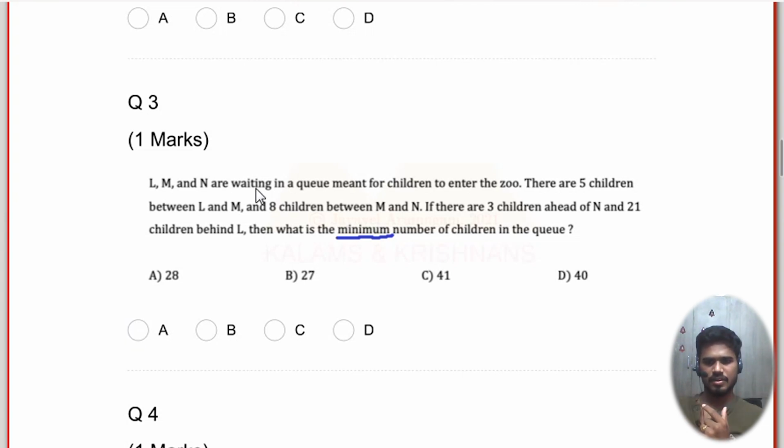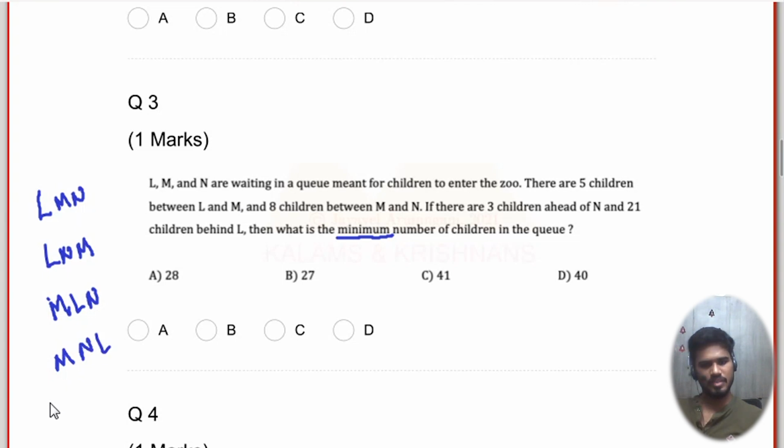See, notice they are waiting in a queue. Order is not given. It could mean L, M, N, or L, N, M. Then you know all the combinations, right? Even the reverse order of this. Then we have M, L, N. Then you have M, N, L. And then let's also start with N: N, M, L. N, L, M. Of course, by symmetry, we can rule out some of the cases, but notice the number of options is blowing up, right? At least 3 in this case, even if you account for symmetry.